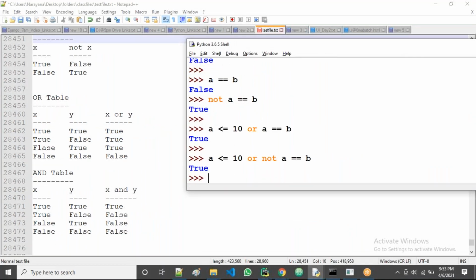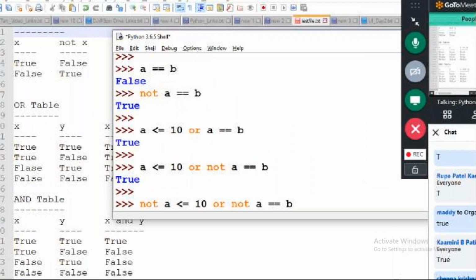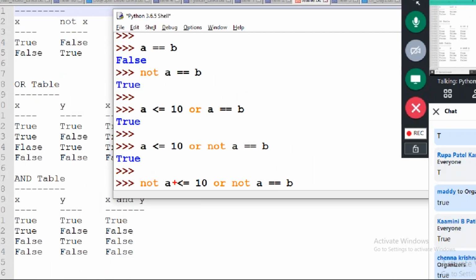For the same one, I'll take the not in the beginning, not like this, guys. How does it execute here? Now all of you observe. First of all, take this expression only. This one, true or false, guys? This is true. Now take the complete expression. Not true. What is not true? It is false, right? It is false, guys.